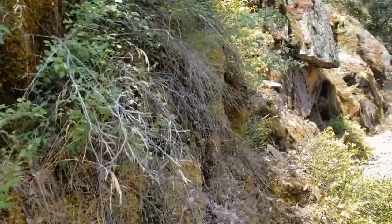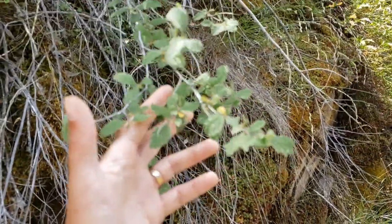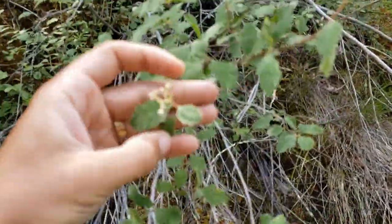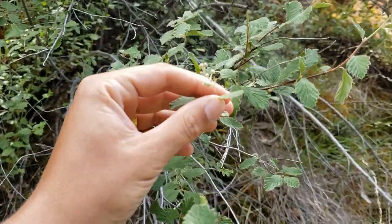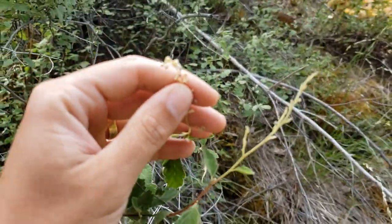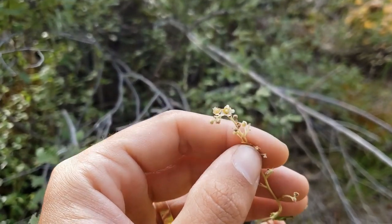All right, well, here is something you don't see every day. This actually looks a lot like the birchleaf mountain mahogany we were seeing, and it's also in the rose family, but the leaf shape is a little bit different, and certainly the flowers are a lot different, although it's not quite flowering yet. Oh, it is. There's little, very tiny flowers, which I cannot get to focus. I know that's a running theme in these videos, and I'm apologizing if I sound like a broken record, but